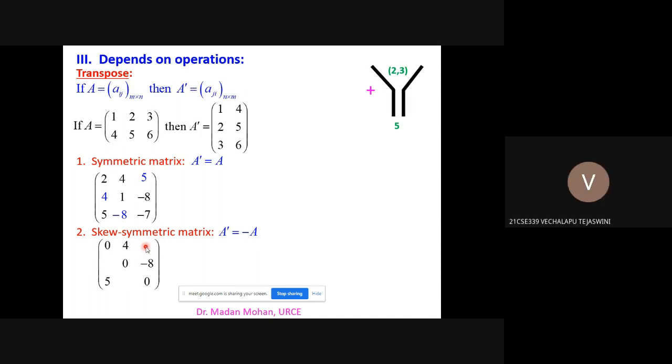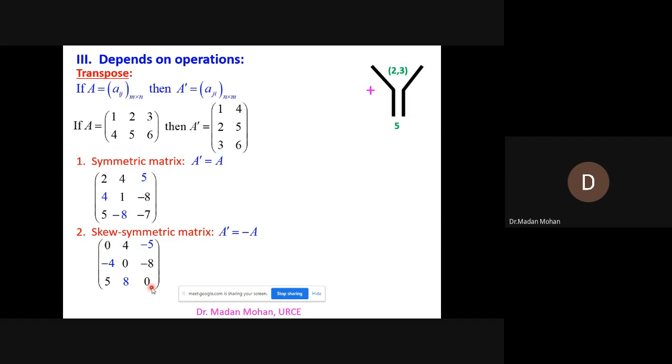Minus 5. Very good. What is the Y value? Minus 4. Very good. What is the Z value? Minus 8, sir. It is plus 8, right? Very good. Now, a matrix is said to be skew symmetric when you fold along the diagonal, every element